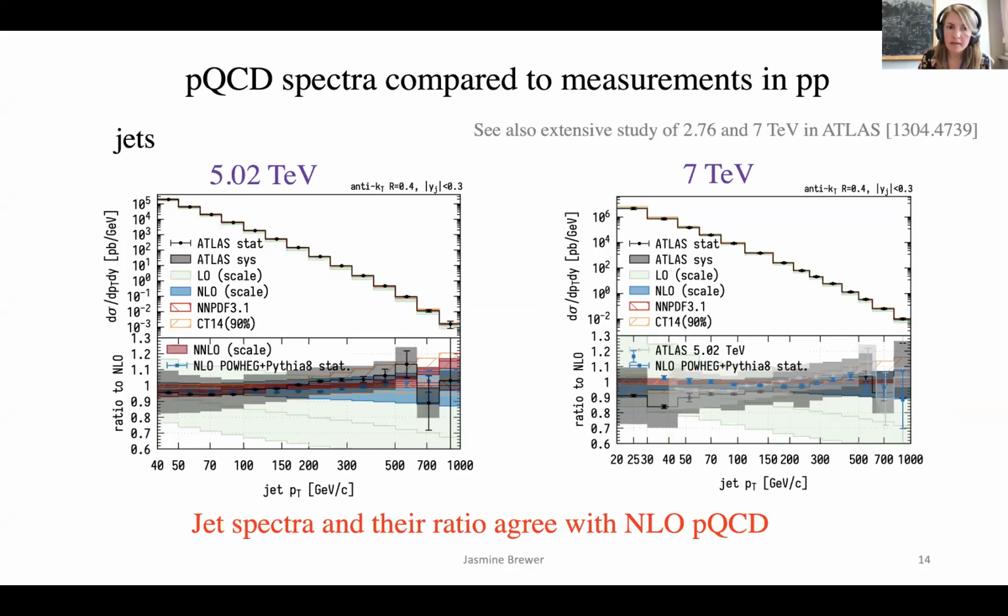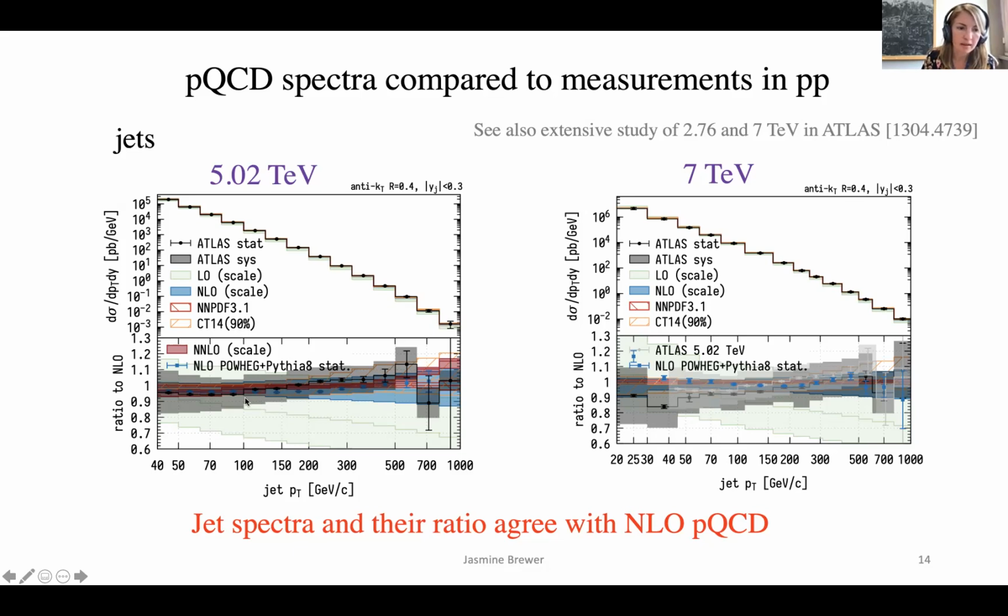For jets, the situation is, I would say, quite a bit simpler. So here I'm showing again kind of the same thing: 5 TeV and 7 TeV jet spectra measured by ALICE and also computed in perturbative QCD. Again, here in the bottom panel is the ratio to NLO. And what you see is that the data, which are the black boxes, agree within uncertainties with the next-to-leading order perturbative QCD